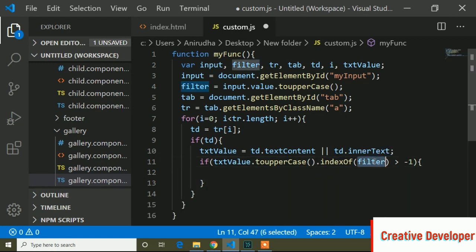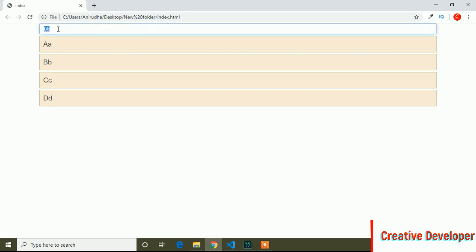So filter helps to match, when the text is written, when it matches the searchable value. So if I type here b, if it matches b, then the b text will be returned and the others, a, c, d, will be hidden. And if I type here z, any value which does not exist here, then it will return nothing. So filter checks whether what I type matches our data or not.